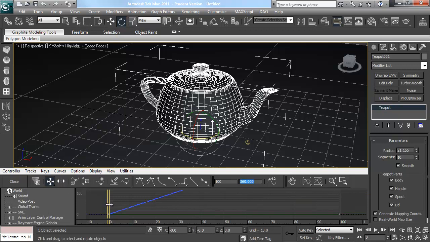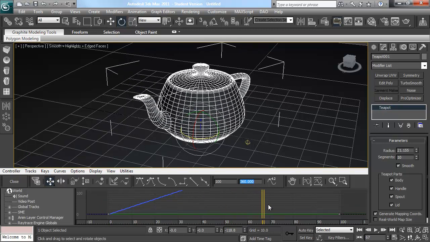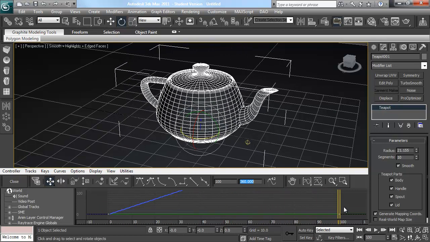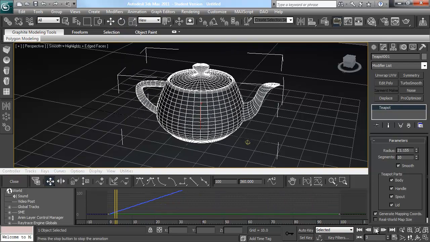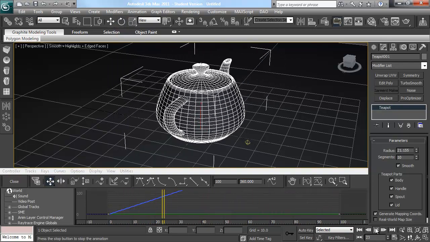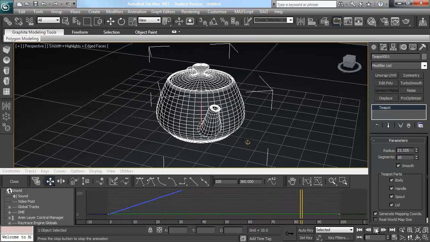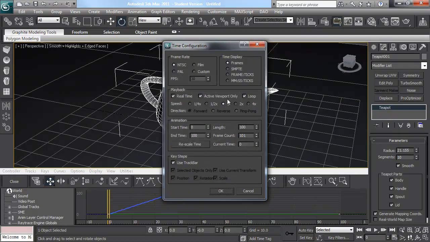And now we can use the yellow thing in the same way we scrubbed along with the timeline before to move through our timeline to the end. And now this is all going to be happening if we hit play pretty fast, which is usually much too fast for most turntables. You probably want to be showing your model a little bit slower than that so you don't make people dizzy. And the way we can do that is bring up the time configuration, and we're going